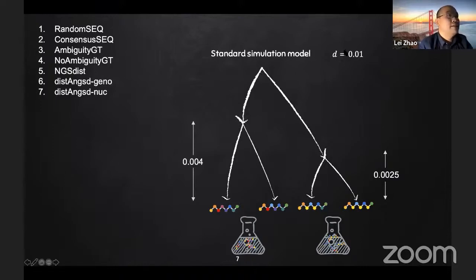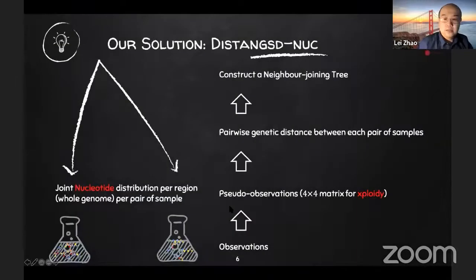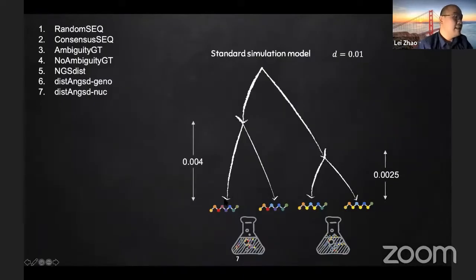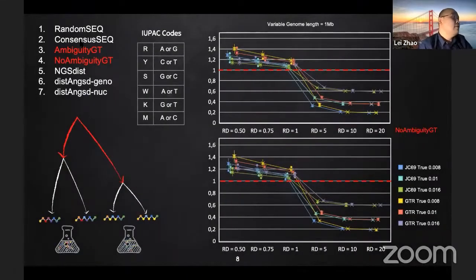So the standard divergence time from this tape to this tape is 0.01. And the divergence between the chromosomes in one sample is 0.004, in another sample is 0.0025. And we use this model to test our result. So first of all, I will come to the result, the method actually now people commonly use, which is